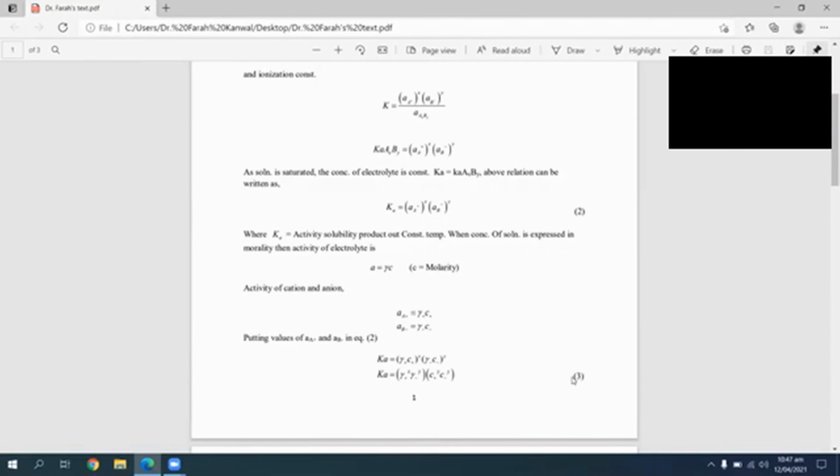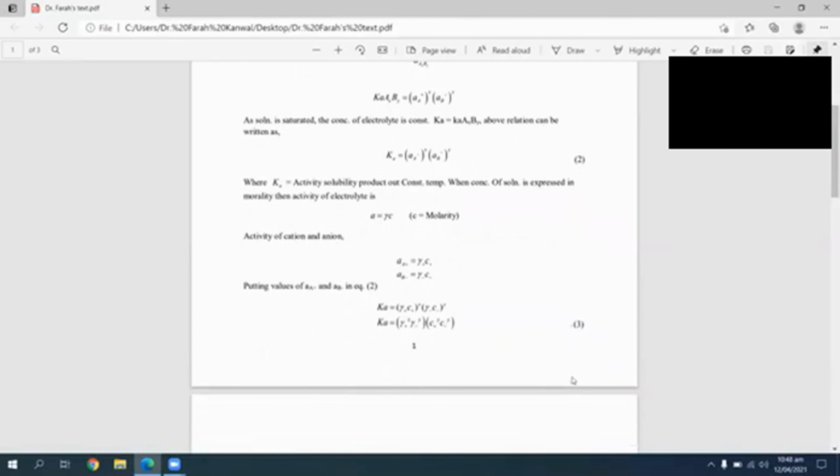I have already told you whenever there is an activity of an electrolyte, we take it in terms of positive ions and in terms of negative ions. And here we are taking activity a as the positive ions and activity of b as the negative ion. So a positive is equal to gamma positive C positive, a negative is equal to gamma negative C negative, and then it is represented in the form of the equation Ka equals gamma positive C positive, that is representing A positive, and gamma negative C negative, raised to the powers x and y respectively, and they are giving you the positive and the negative ions.